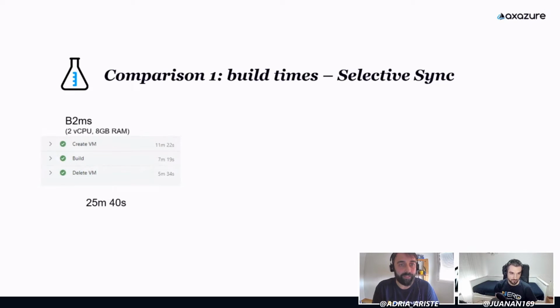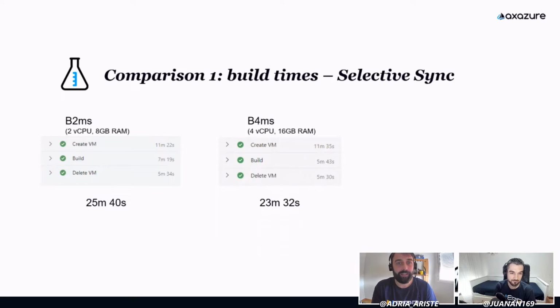And 5 minutes to delete the virtual machine. Total of 25 minutes. It's fine. But it's like 17 minutes to deploy and delete the VM. If we go to a B4MS, which is twice the size of the B2MS, we see we get faster results